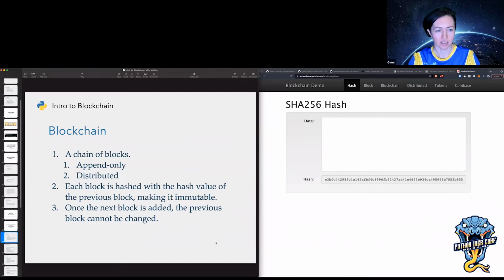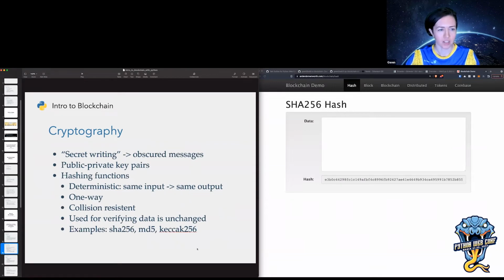And it's append-only because once you add new data or a new block to the blockchain, it is hashed with the value of the previous block, meaning you can't change anything that happened in history. You can only add new data to the blockchain. And this is possible through cryptography.